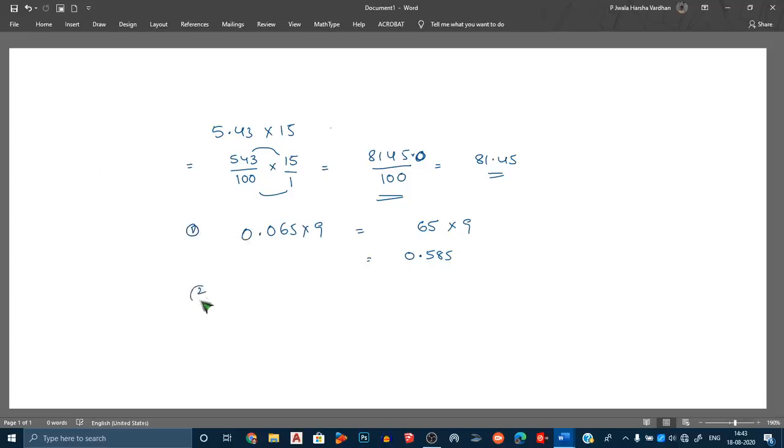Procedure number 2 is what here? Change this to a decimal fraction. The decimal number you are converting into the decimal fraction. So 1 followed by how many zeros do you have to write here? 1, 2, 3. After the decimal point 3 digits are there. So simply you can shift the decimal place to the left side by counting the number of zeros here. 1, 2, 3. Since there is no number here, you can write 0 here.